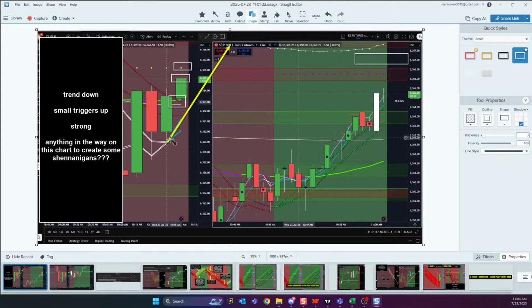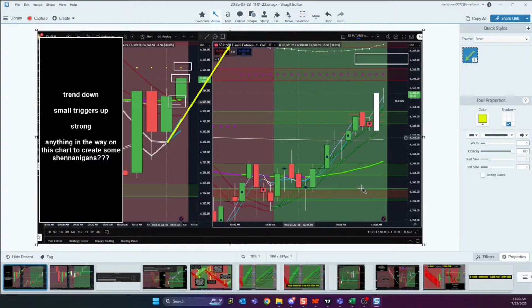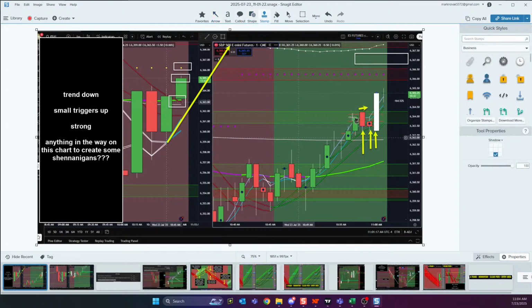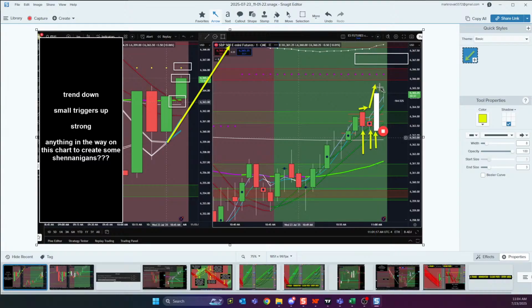So I know that I'm looking for up. I'm not looking for down because I want to be on the good side of those small triggers. So let's see if there's opportunity. Don't want to trade directly into a zone with strong triggers and a breakout above the zone. Perhaps an opportunity if I take that one. My stop goes below the zone. The easiest trades is break above, pull back with strong triggers, and let's see if we can get to trouble. Does that make sense? So because we're on the strong side of the small, we're looking for a momentum style trade over here.